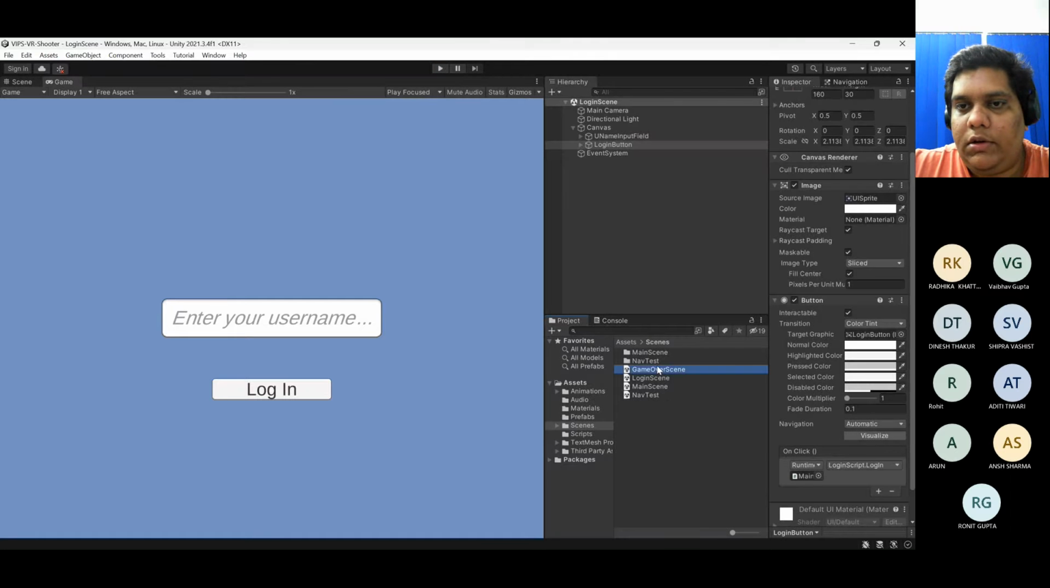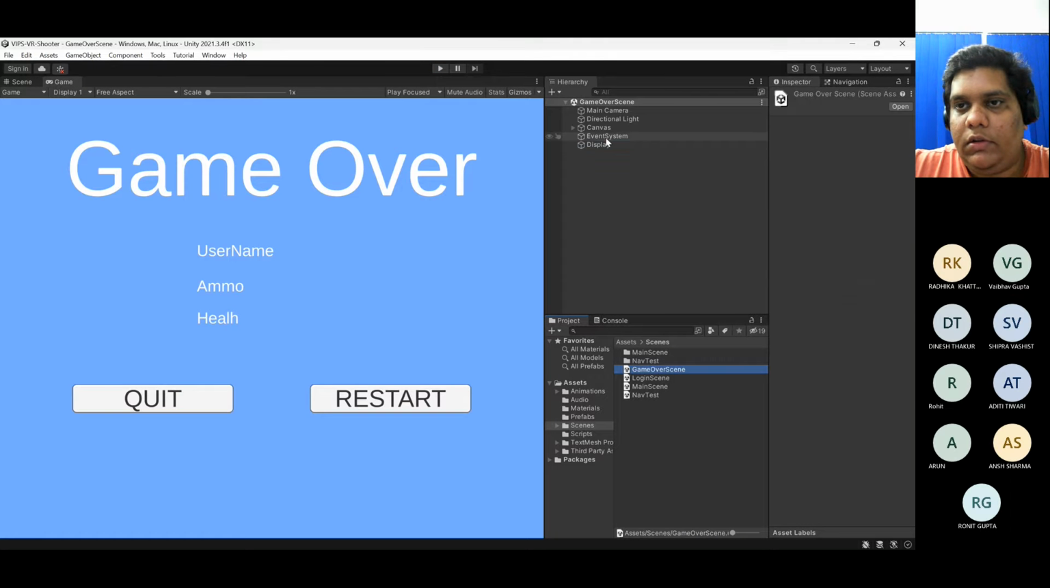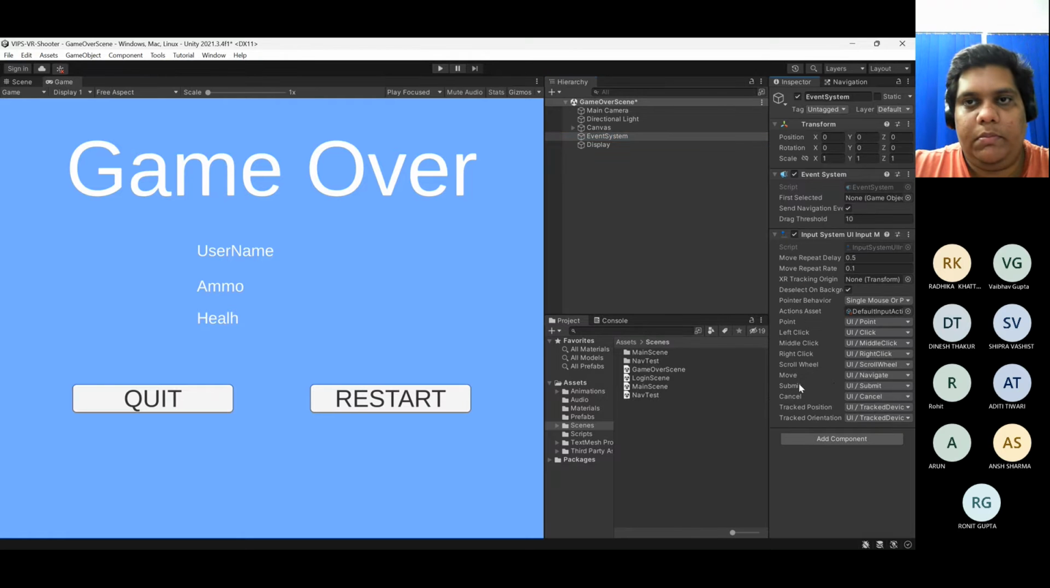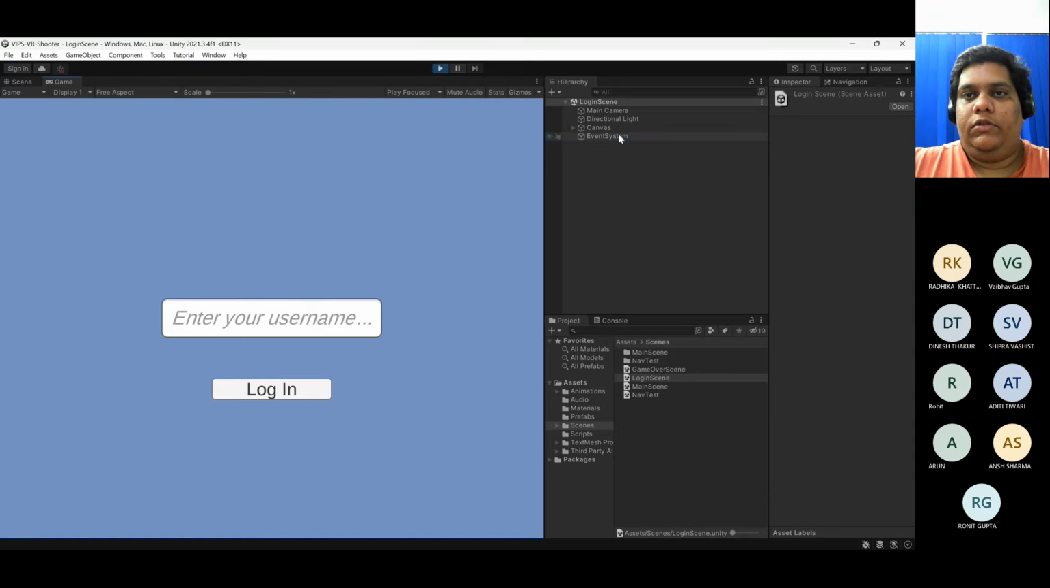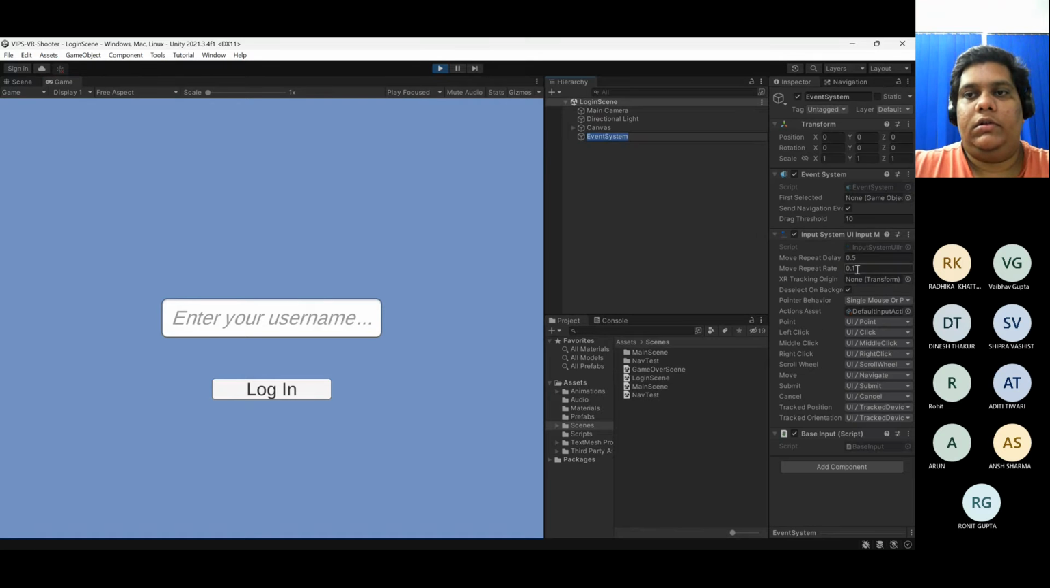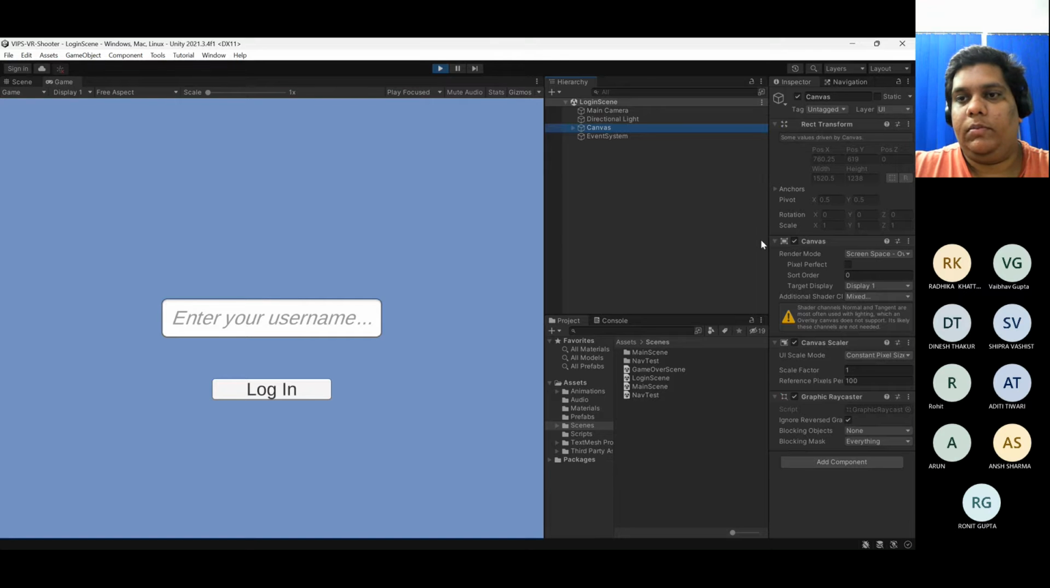So I'll just quickly go to the game over scene and this also needs changing. So that was just to change the input system to the new input system. So the event system that was there was the old input system. So testing it, site test,